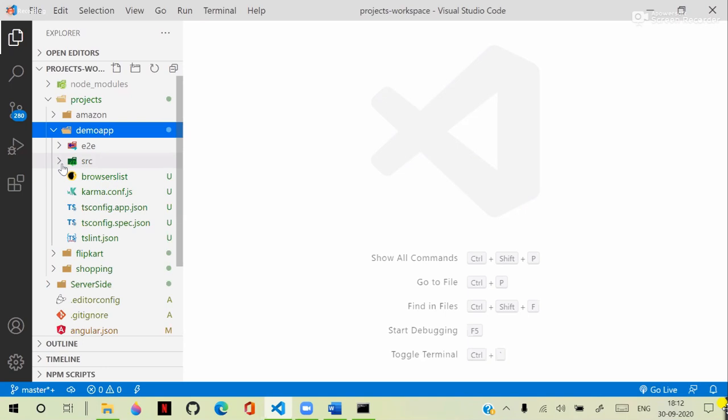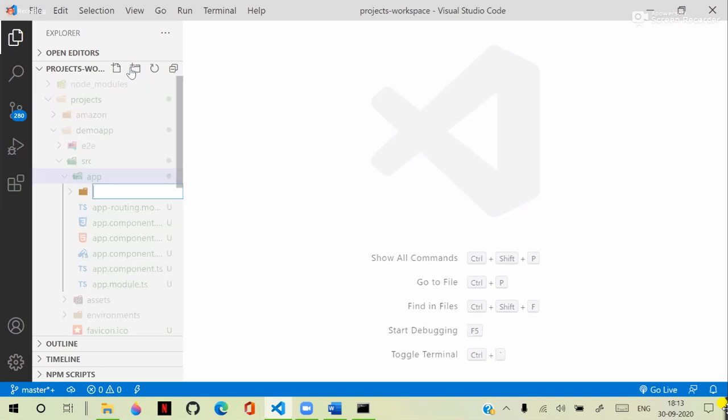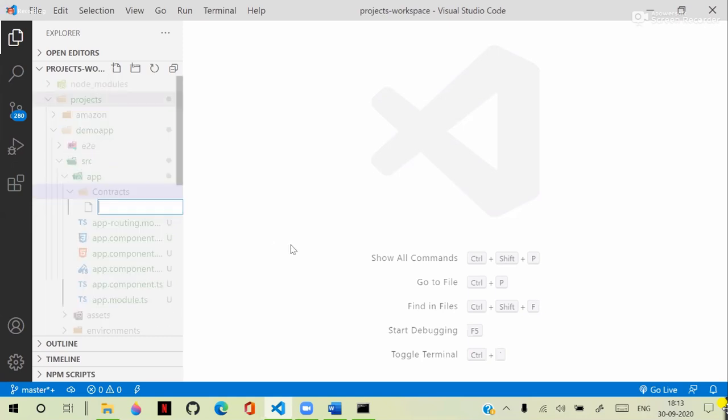In the project app, we are creating two contracts. We are configuring the contracts. So we can maintain a separate folder or directly just create the contracts here. So let's add a new folder here in the app. This is for contracts. So we are creating contracts in the app, and in the contracts, we have, so one is